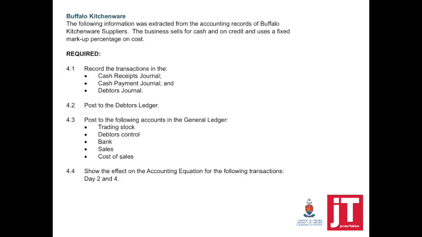The following information was extracted from the accounting records of Buffalo Kitchenware Supplies. The business sells for cash and on credit and uses a fixed markup percentage on cost. 4.1. Record the transactions in the CRJ, the CPJ, and the Debtors Journal. Question number 2. Post to the Debtors Ledger. The third question. Post to the following accounts in the General Ledger, and 4.4 show the effect on the accounting